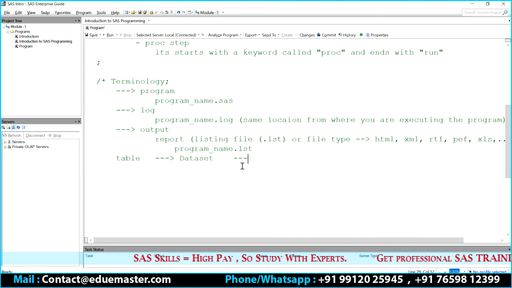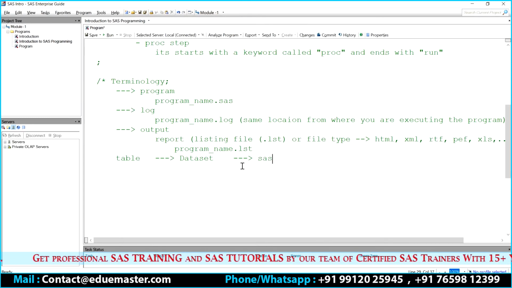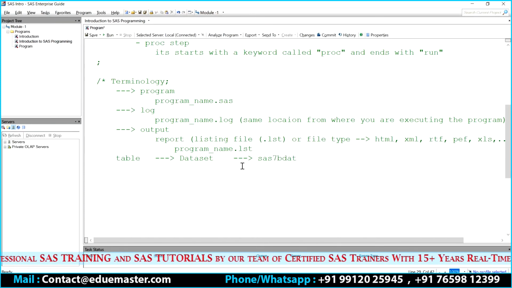How to identify a SAS data set? What is the extension of it? If you find any file or any table in your PC or in your machine with sas7bdat as an extension, remember this? sas7bdat, that will be called your SAS dataset. For an example,